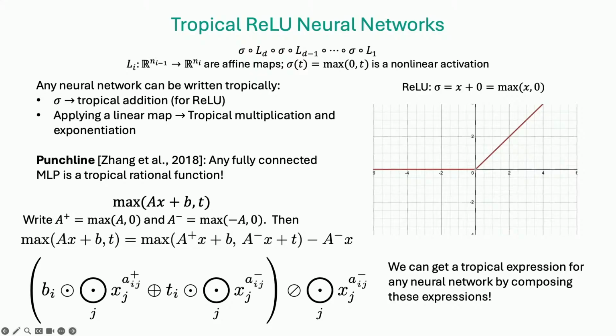If you think about it, this kind of makes sense. In classical mathematics, it's known that a wide class of functions can be represented by a difference of two convex functions. So it makes sense that a neural network can be approximated or modeled this way in terms of a tropical rational function, because neural networks are designed to model very complicated probability distributions, and tropical rational functions are just the difference of two tropical polynomials, which are convex. This has been formalized in this paper by Lekheng and collaborators, but it shouldn't be so surprising.